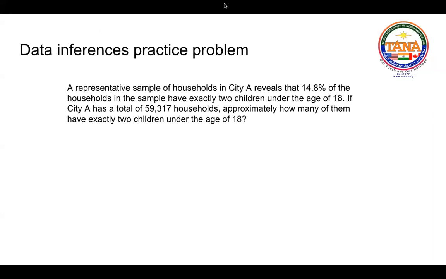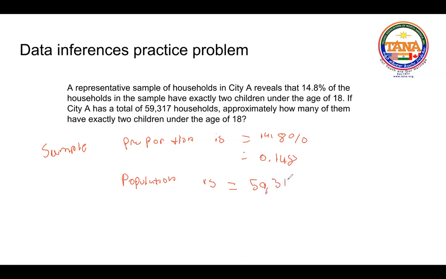But yeah, so I will do this problem now. So we know that the sample proportion is, let me just write this down, sample proportion is equal to 14.8 percent, which when converted to decimals is 0.148, and the population is equal to 59,317, and the estimate would be 0.148 times 59,317 to get roughly